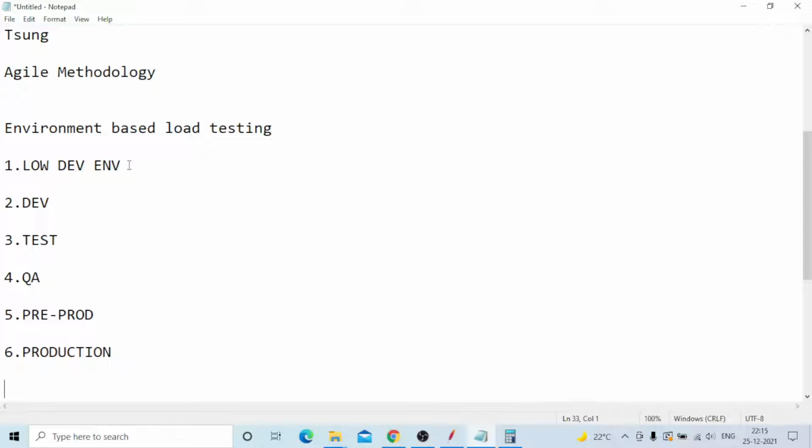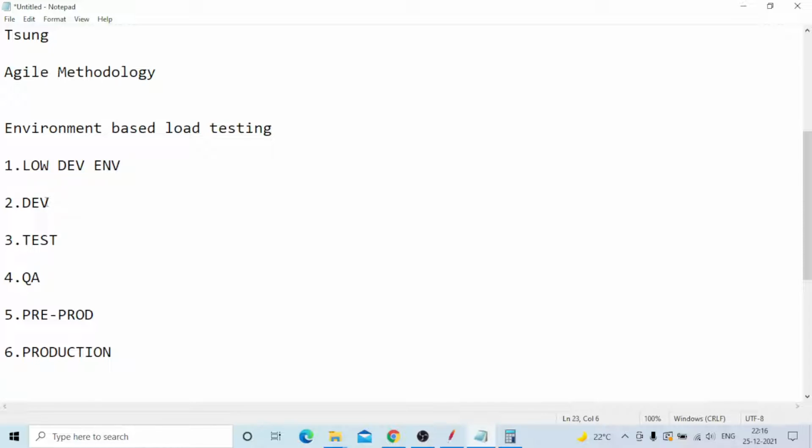For example, JavaScript is used to develop the front end application, the web page specifically, and you can find which methods take the higher response time to load. All the details will be provided. This is the way you need to suggest to the development team, and the development team will fix those issues at that time. In future environments, you can move to the next releases with no issues, fewer errors and better response time when moving the application to production. That is the way we work in low dev.